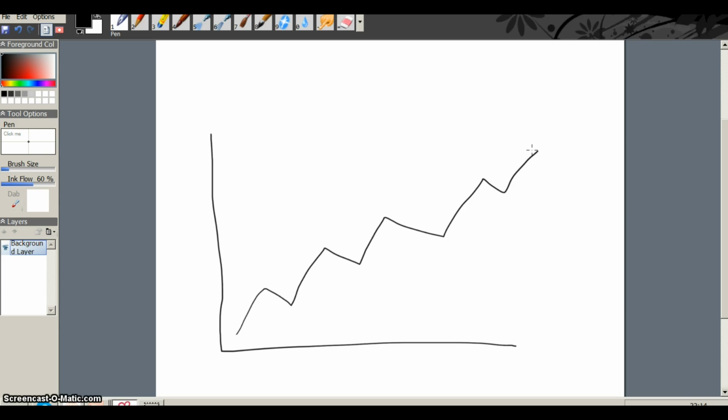If price is making this sort of structure, you can visually tell that it is in an uptrend, because it is going from the bottom left of your screen to the top right. However, let's look at the structural highs and lows to see if it is making a technical trend as well. So it is a low here, prints a high here, then comes back and prints a new low here, which is higher than the previous low, so it is a higher low, prints a new high which is higher than the previous high, so higher high, another low which is a higher low, higher high, a higher low, higher high,